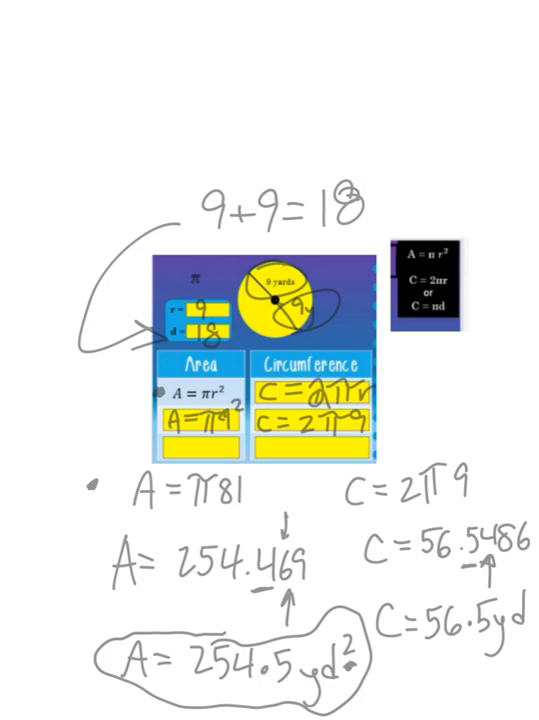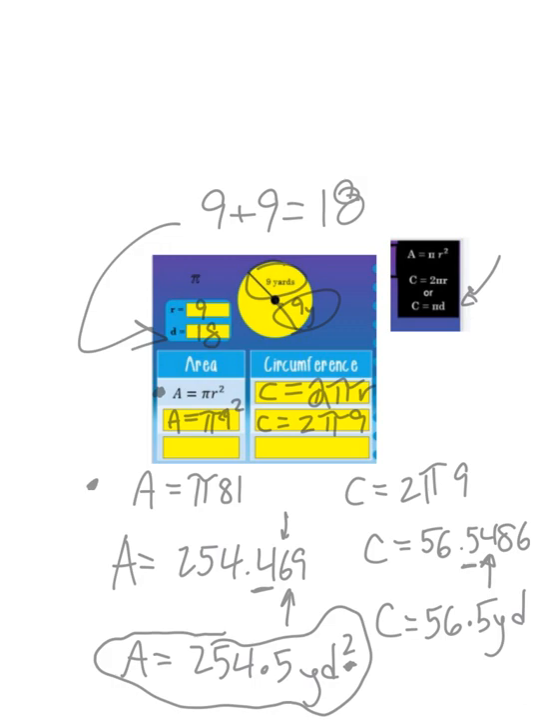Okay, so circumference, and our two choices for equations are right here. Circumference equals 2 times pi times r, or pi times d. I used 2 pi r just because we're given the radius. I could have plugged in pi times 18. It would have worked out the same. So I did 2 times pi button times 9 on my calculator, and I got